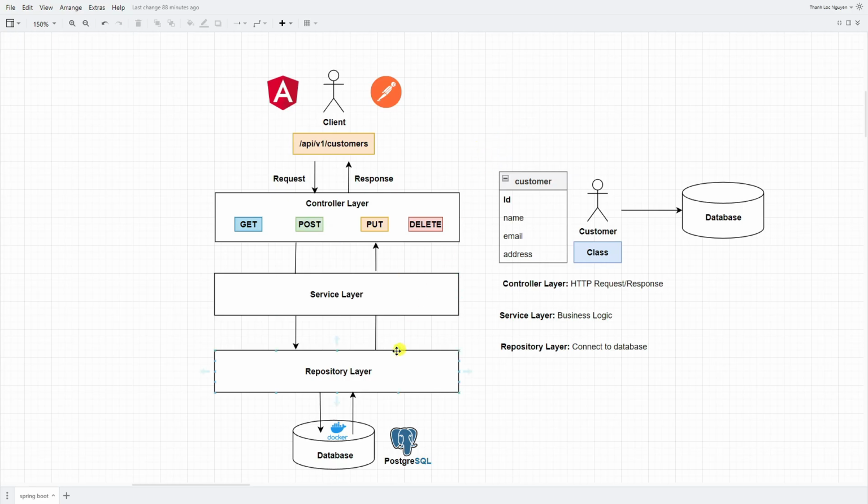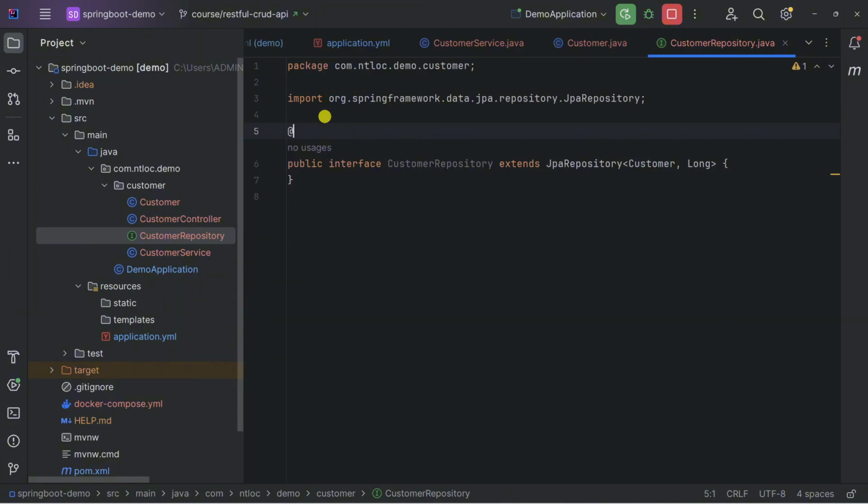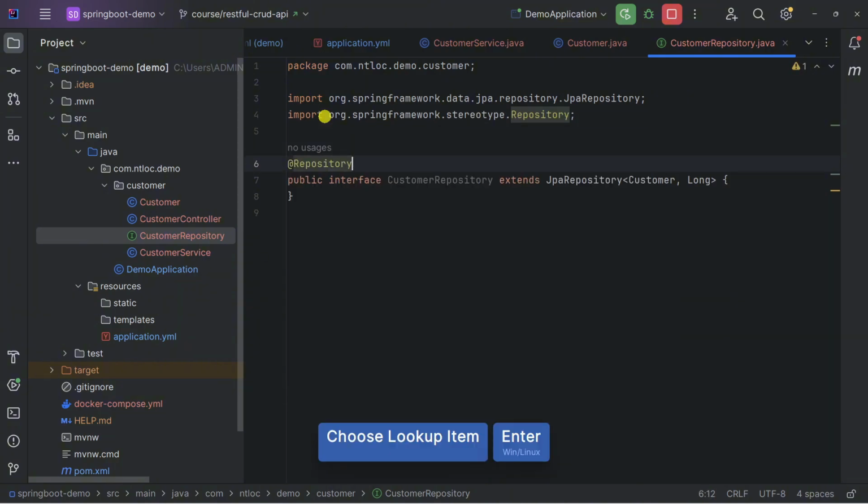Because in the database we don't have any customer yet, I would like to start with the POST request to create a new customer. Let's go back to IntelliJ. I'm missing something. Let's add the repository in here.